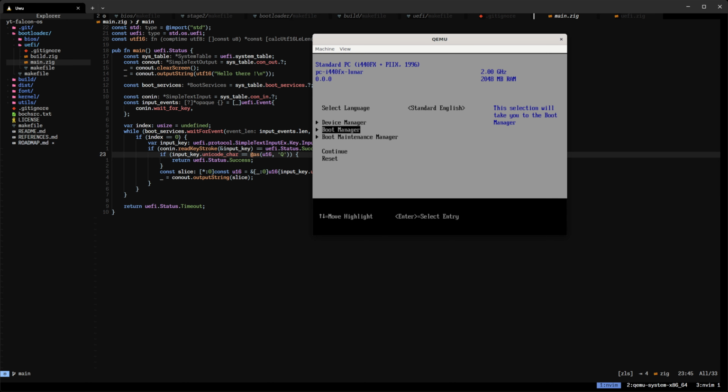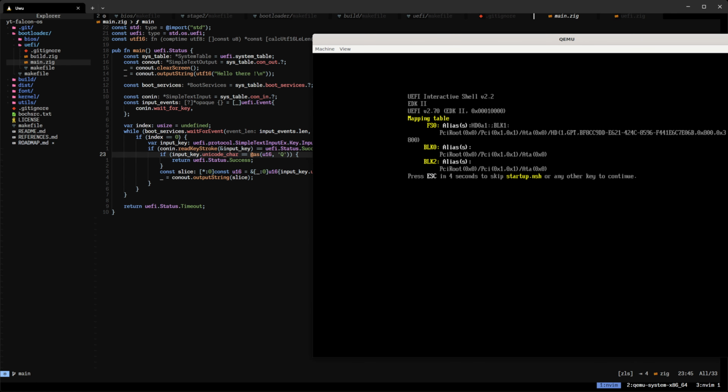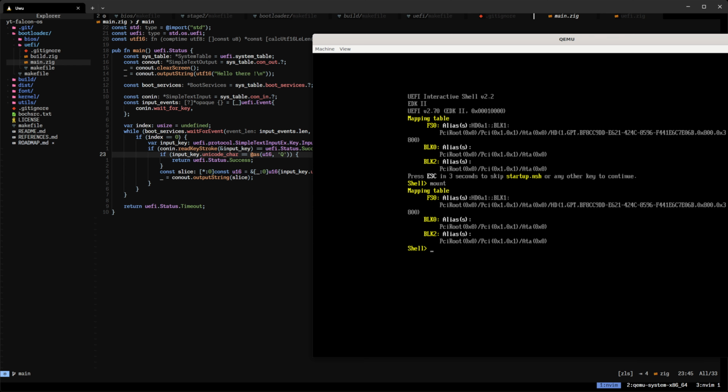And when this exits, we basically land on the OVMF boot manager. And here we can do something very interesting. We can request the EFI internal shell, which will bring us to this screen here. And we can examine the file systems that we have mounted. So by using mount, we are listing the file systems. We can see that we have fs0, which is our file system. So if I go inside that, I can ls